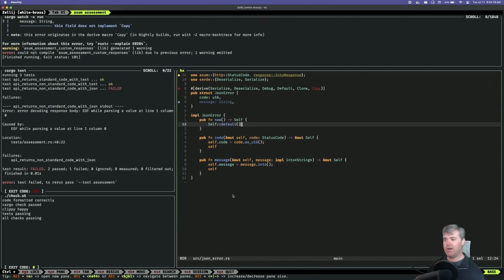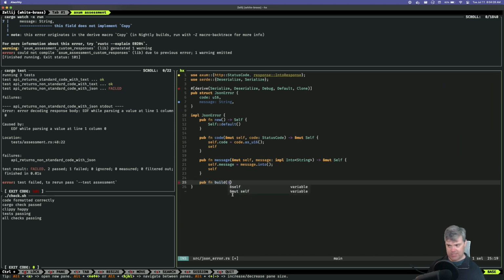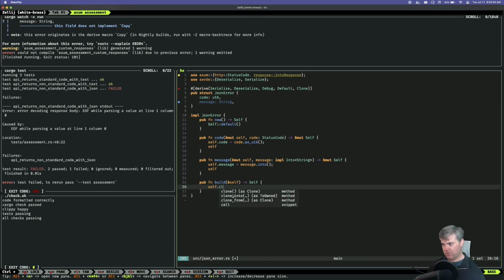No, I can't do copy on a string type. So then let's do pub function build. That takes in a reference to self. We're going to return a self. And I want self.clone.